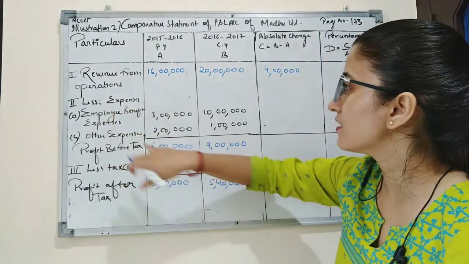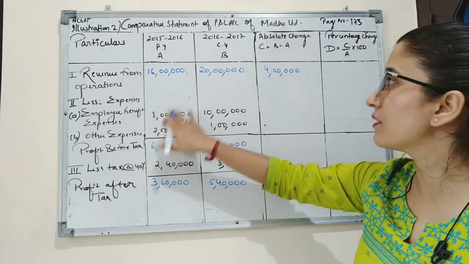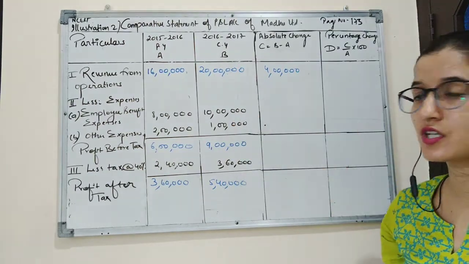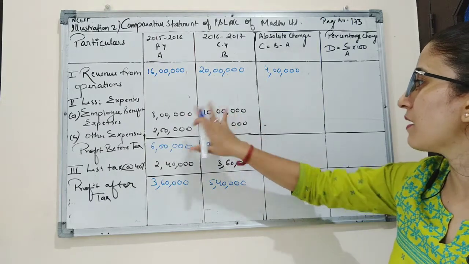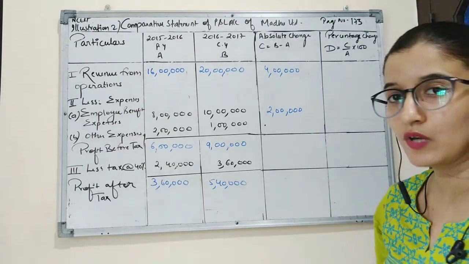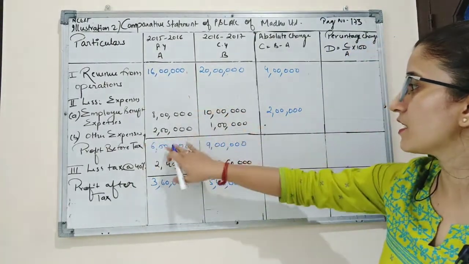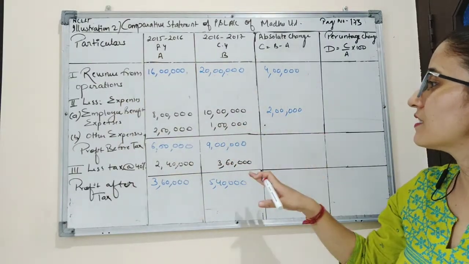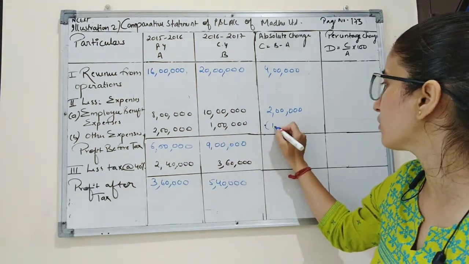Next is expenses, employment benefit expenses. Previous year expense amount is 8 lakh rupees. Current year expense amount is 10 lakh rupees. To calculate the absolute change, we will subtract 8 lakh from 10 lakh. So 10 lakh minus 8 lakh will be 2 lakh rupees. Now here, other expenses, previous year amount is 2 lakh, current year is 1 lakh. To calculate absolute change, we will subtract 1 lakh from 2 lakh. So we will get negative amount of